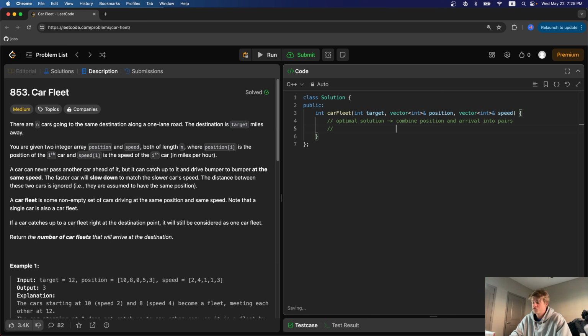Also, we're going to sort the cars by position, because I don't think the positions necessarily come sorted, right? So that's not very helpful. We need to have these sorted. And that's going to ultimately limit our time complexity to n log n. But anyways, we need to sort the cars by position, and then once we have all that,